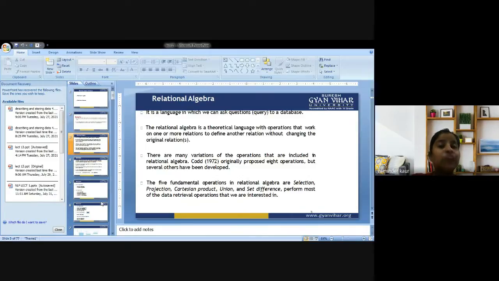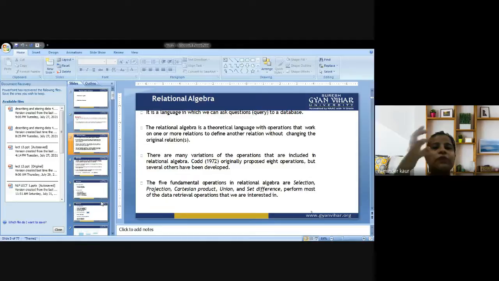You are directly jumping into the high-level details, so this could not be justified. That is why we are supposed to deal with the 5 fundamental operations in relational algebra: selection, projection, Cartesian product, union, and set difference. Selection is to select certain records or certain attributes from a table.